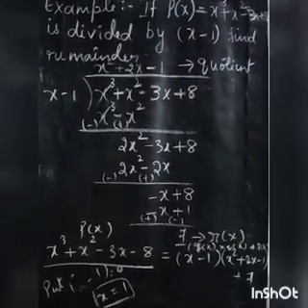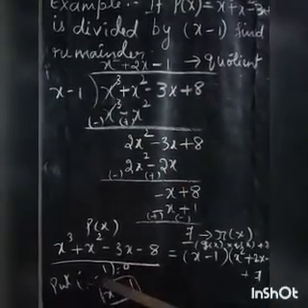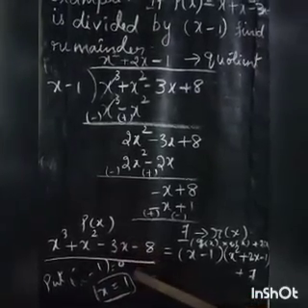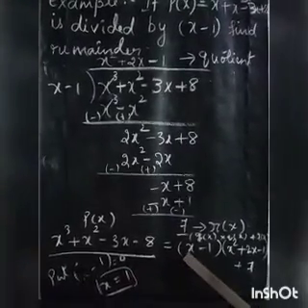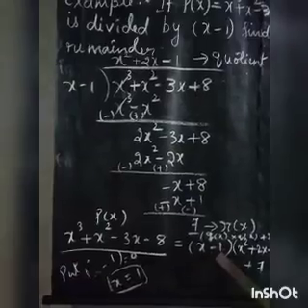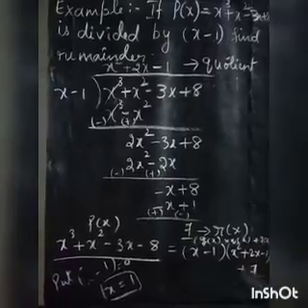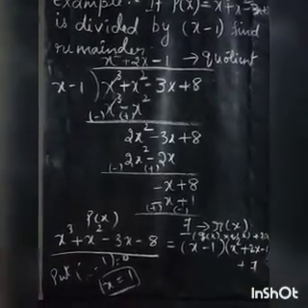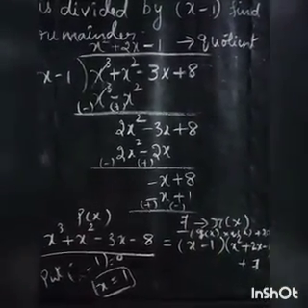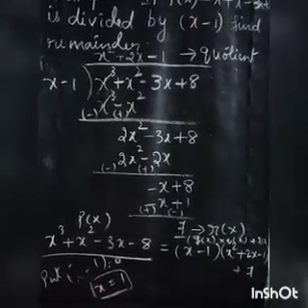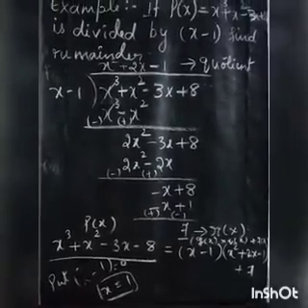Now if we apply the remainder theorem, we take the divisor x minus 1 equal to 0. If we transpose the minus 1 to the right hand side, x becomes 1. If we apply 1 in the place of x, 1 minus 1 becomes 0, isn't it? And 0 into the whole term also becomes 0. So what is remaining here? 7. We will get 7 easily. So the remainder will be 7. It is equivalent, correct? So comparing long division and the remainder theorem, the remainder theorem is easier than the long division method.